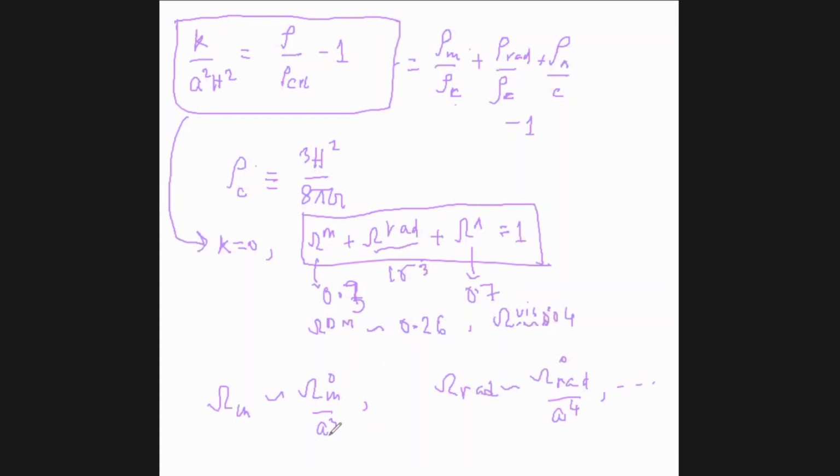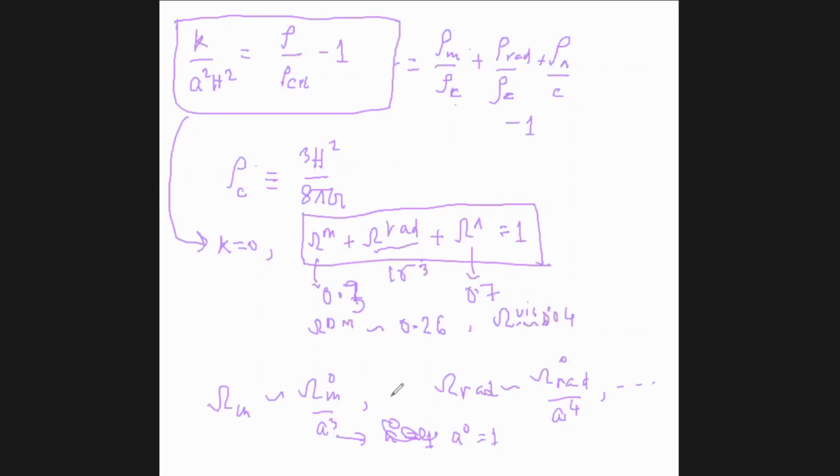But as you go to early times, today you can see A equals 1. We know from cosmology, A naught, the present value, is 1. So this will become 1. So omega is equal to omega naught at present time.